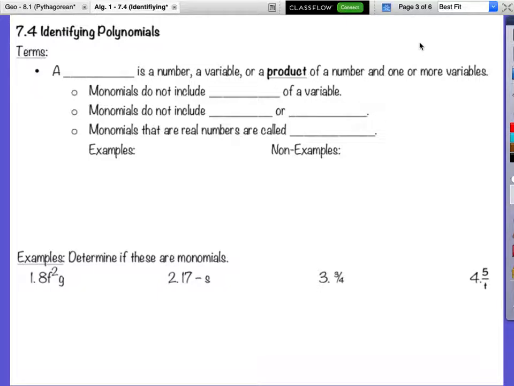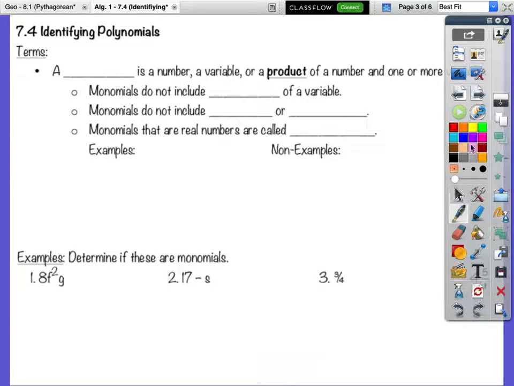we actually need to go back even further and talk about a monomial. We talked about monomials very briefly the other day, back when we did 7.2 on Monday and Tuesday. So we're going to talk about this a little bit more. A monomial